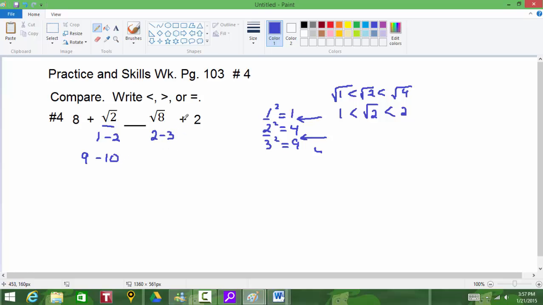I'm going to take 2 plus 2, that's 4. And then I'm going to go 3 plus 2, which is 5. And what that means is the right-hand side has to have an answer between 4 and 5. Now, just looking at what we have, if our answer is between 9 and 10 and 4 and 5 over here, we know that our answer has to be greater than, this left-hand side is going to be greater than the right-hand side. So our answer in this case will be